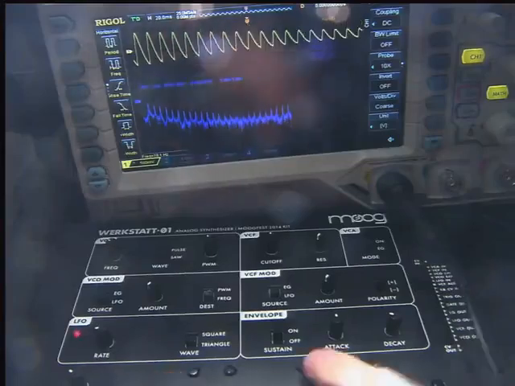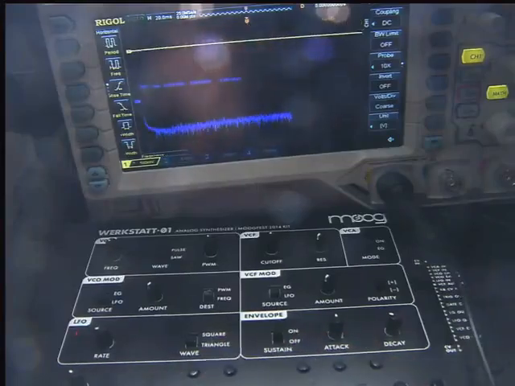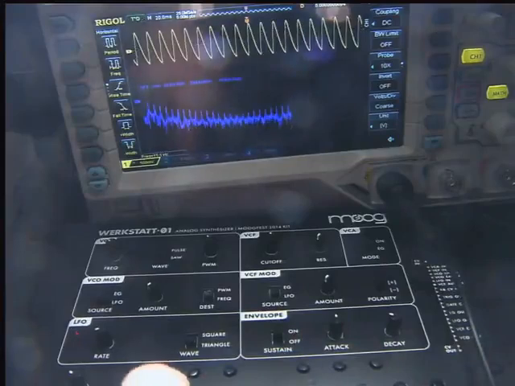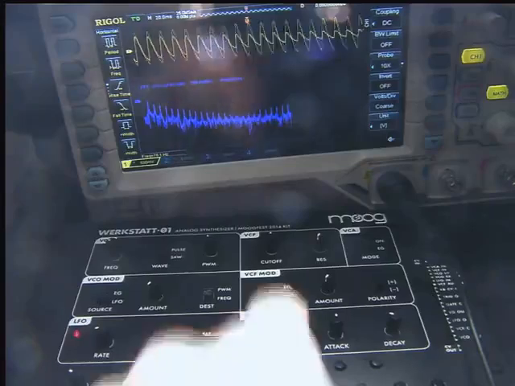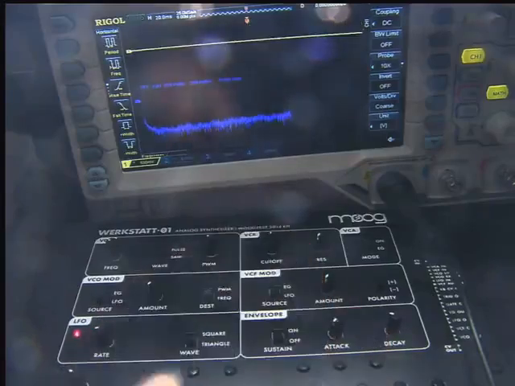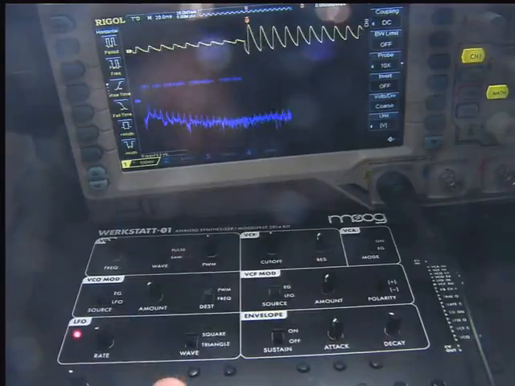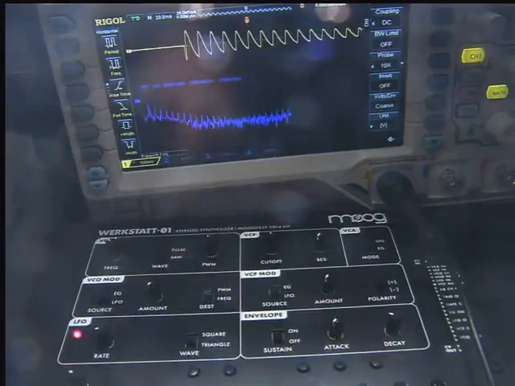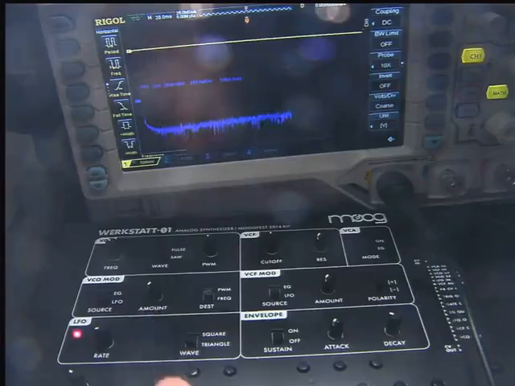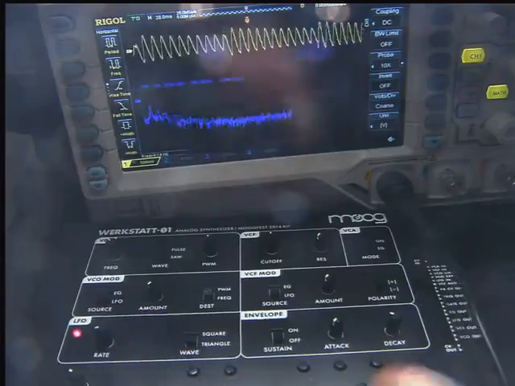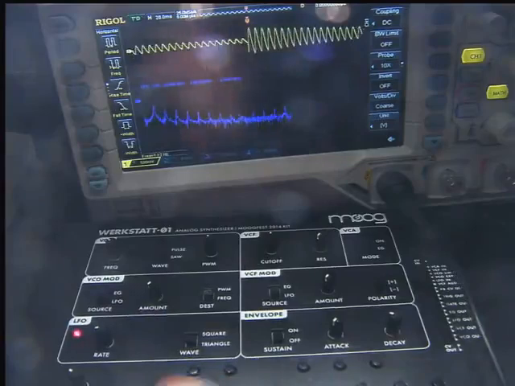And as you can see, we also have this sustain button on. What that means is that as long as I hold it down, it stays at the top of that mound. But if we turn it off, you can get this type of behavior, where it doesn't stay at the top at all. It just goes up and then goes down. So you can get a nice pizzicato type behavior there.